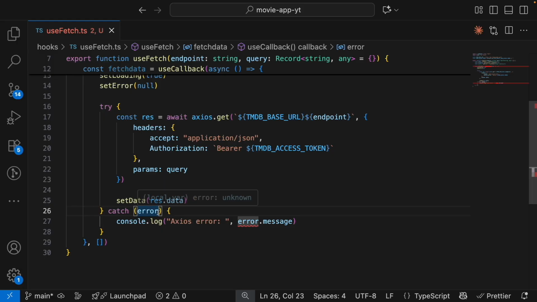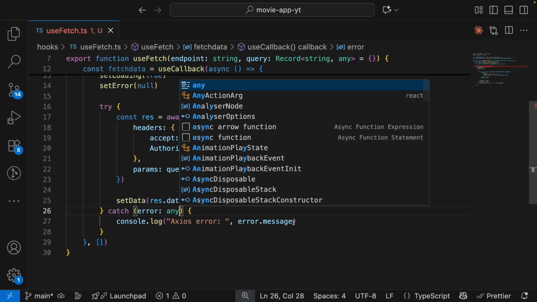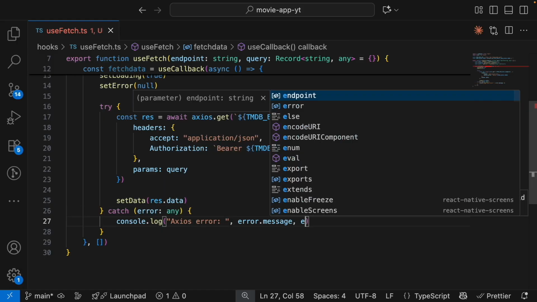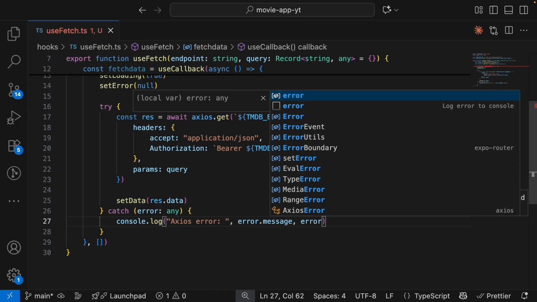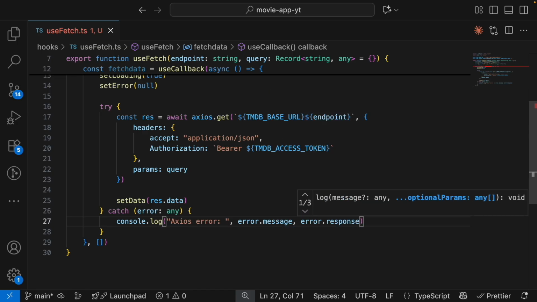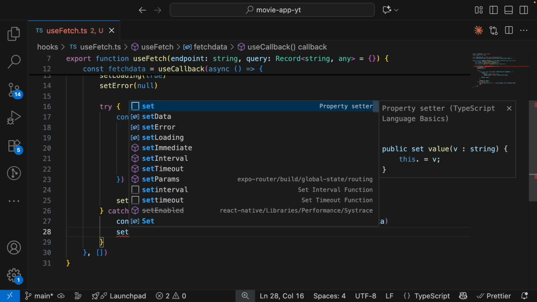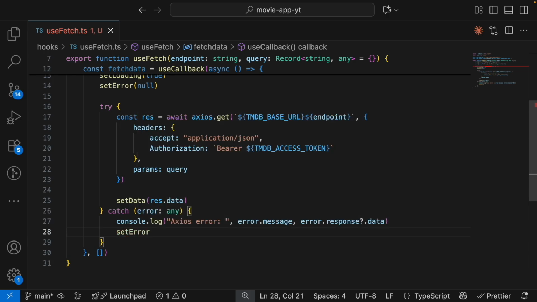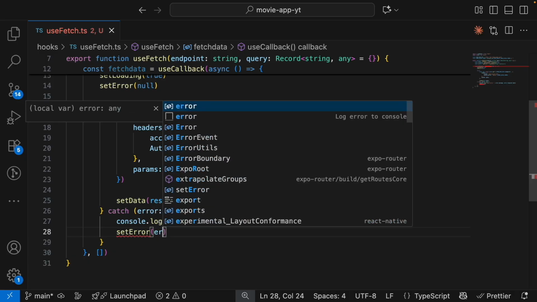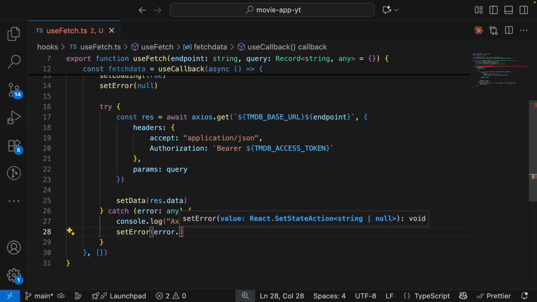So this error, we are simply going to make it pass the error dot message, and then the error dot response dot data as well. Okay, and then we finally set the error